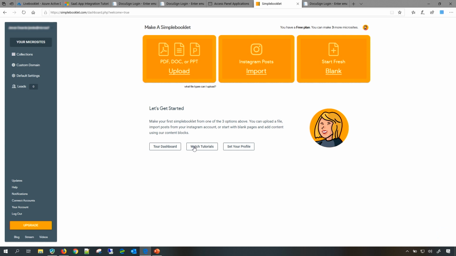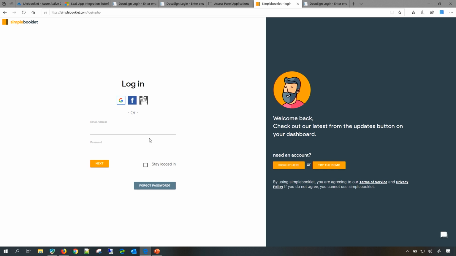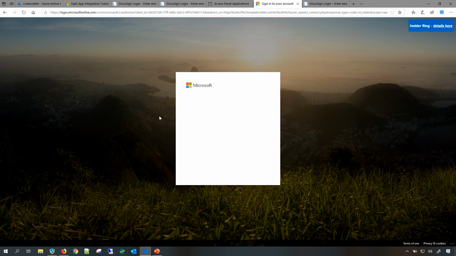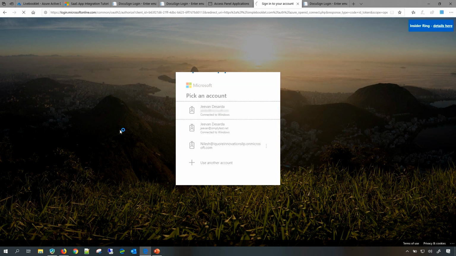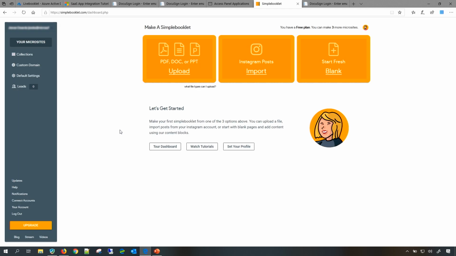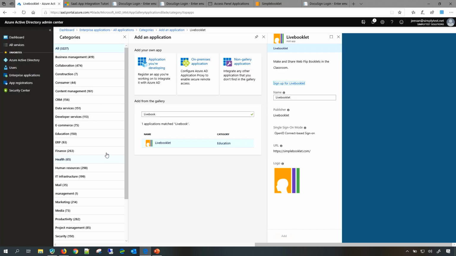Right now you have seen that it doesn't show me the box for consent on behalf of, and that's because I'm not an administrator. But here I can simply start using this application and get a seamless single sign-on along with an OpenID OAuth application. So the first time I use it, it prompts me for consent. The next time I log in to that application with my credential, it doesn't show me that consent screen, and I can simply log in to that application. So that's how the experience looks.